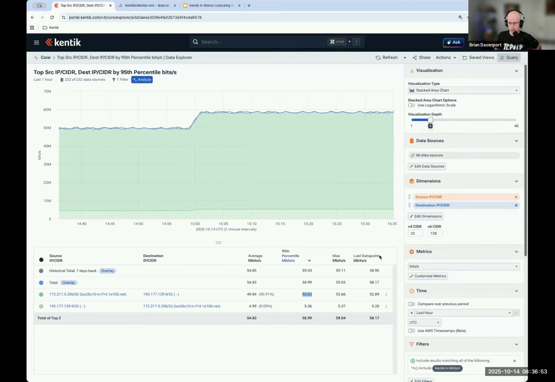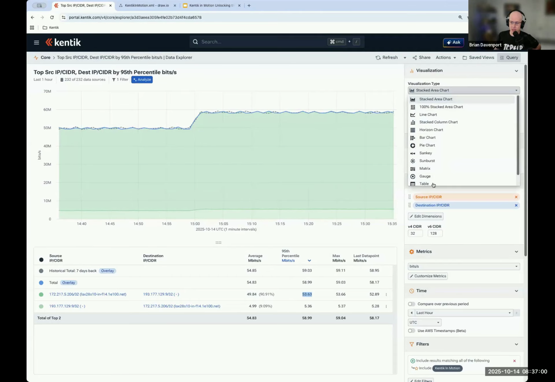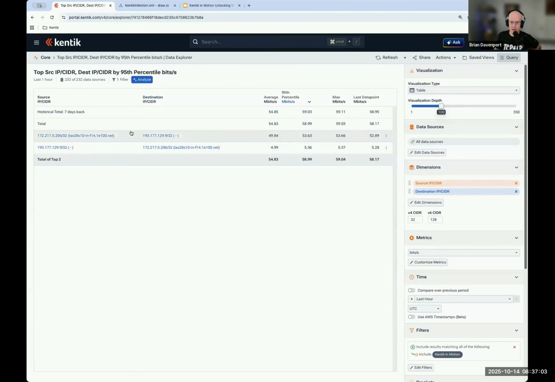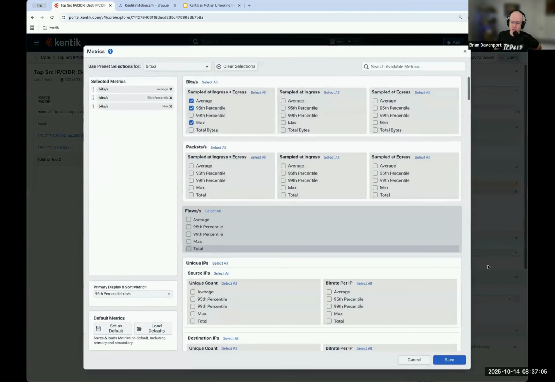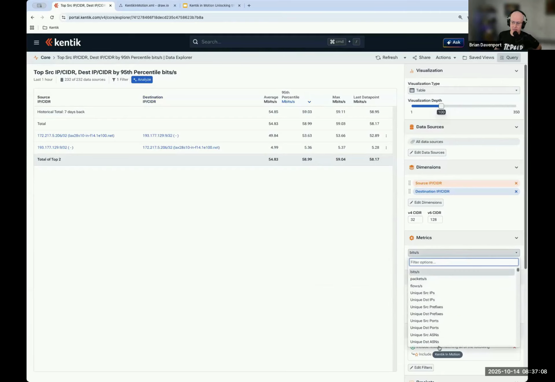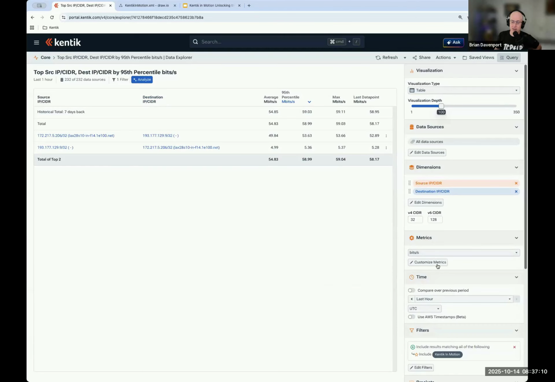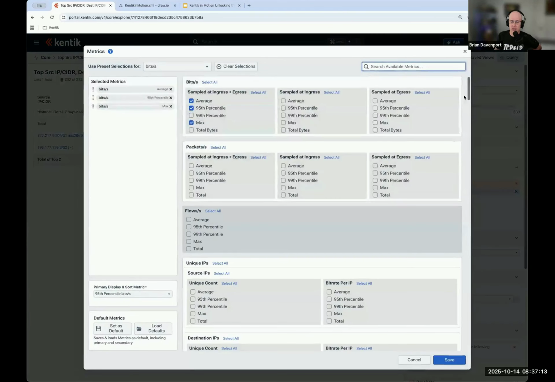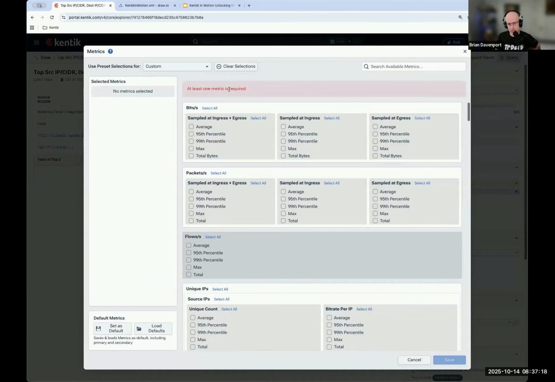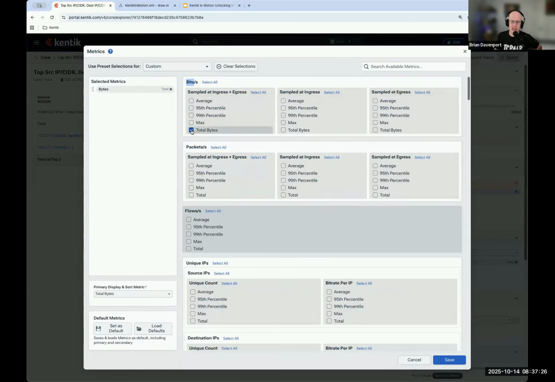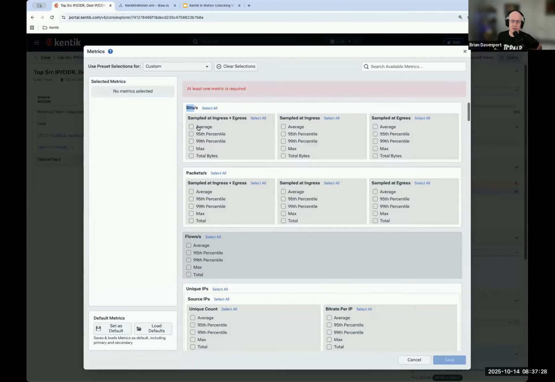And this comes into an interesting way you can manipulate your metrics. So what I'll do just to visualize this, I'm going to change this to a table just to focus in on our view here. And then instead of hitting this drop down where I'm selecting from a pre-selected list, we can actually say I want to customize the metrics, and I'll hit clear selections. So again, a lot of options here, good for unlocking the power of Data Explorer to understand all the different things you can choose. But I can choose the total amount of bytes as a metric